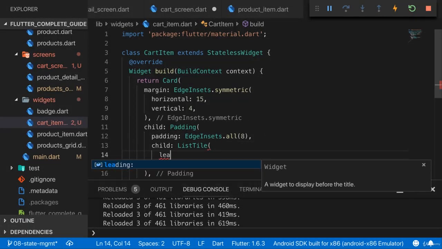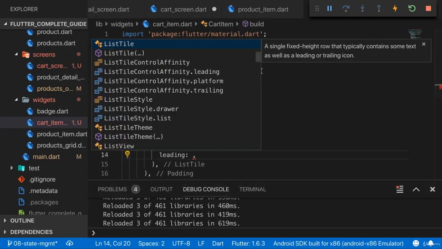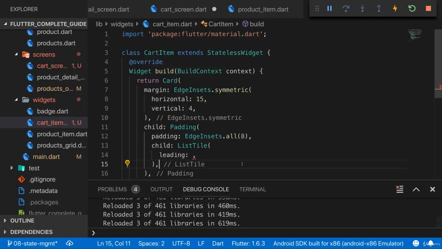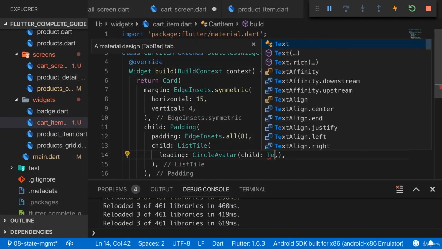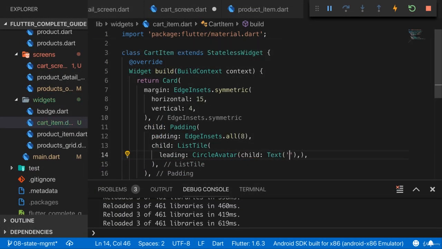Here in my list tile, at the beginning, I want to have the sum for this card item we're displaying. And I want to display one list item for every product we have in the cart and then show its price and its quantity. So here, I'll use a circle avatar again to display the information about the price